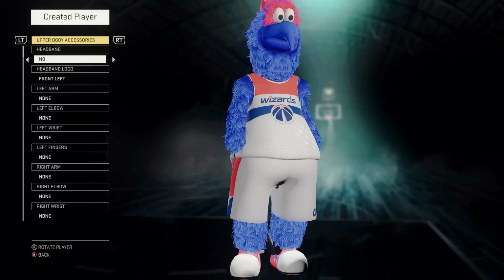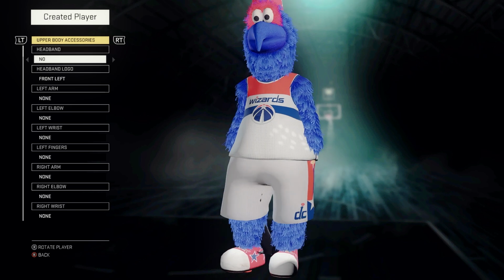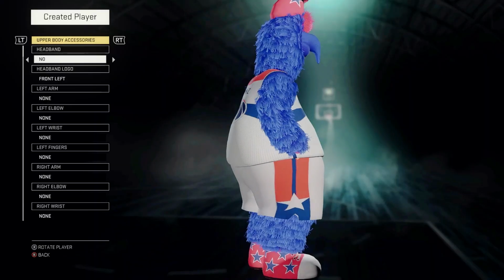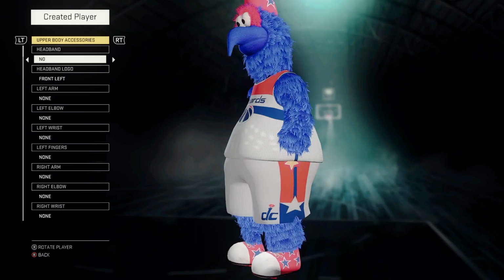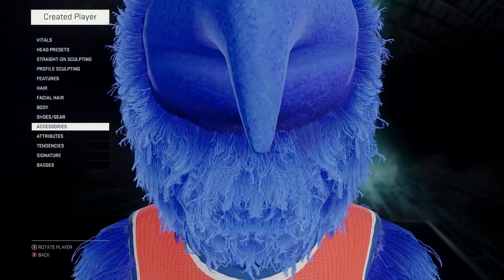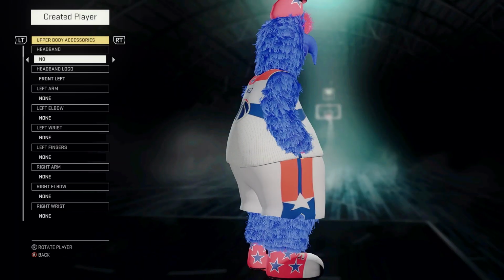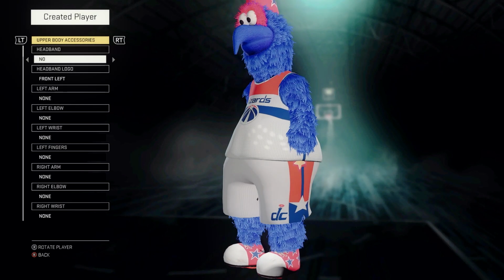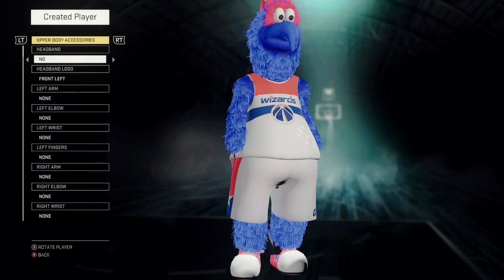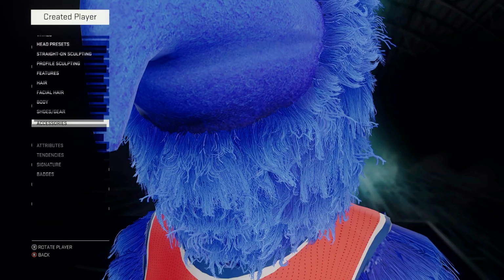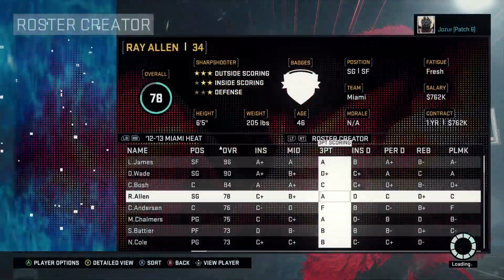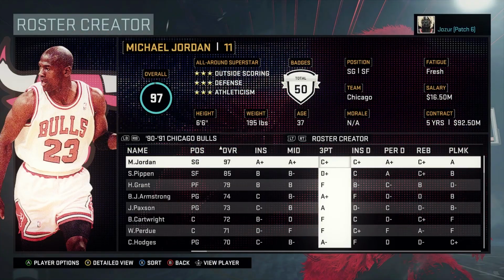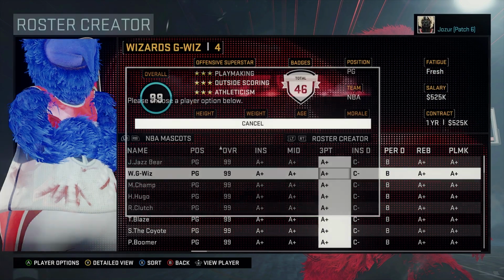Now, you're probably wondering, what happens if I don't use these UV maps? What happens if I don't edit the UV maps of the mascot? It's just going to be a messed up texture. The shoe is going to be all over the shorts and all that. It's going to be unusable. So that's why it's a necessity to do this for mascots that have the jersey, hair, shoe, shorts all together. And then of course, you come over here into your roster, you move them to a team that has their jersey and shorts blanked out,